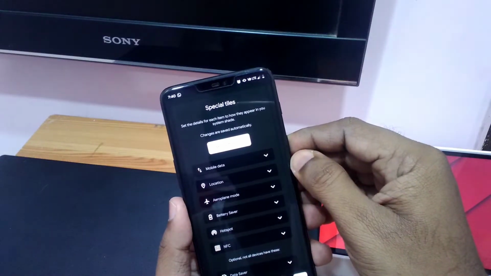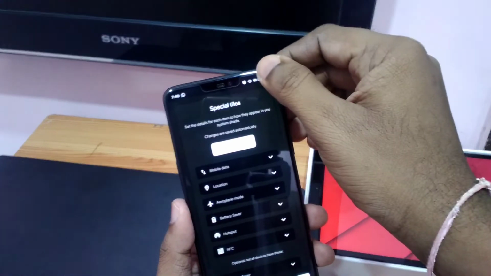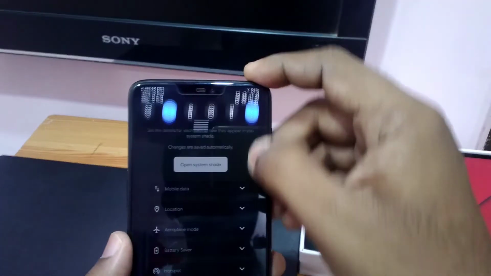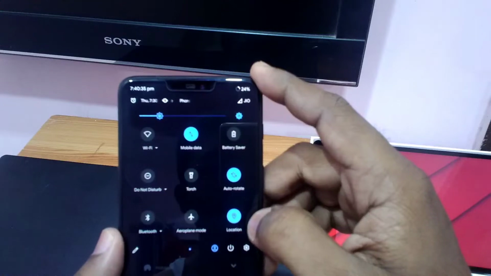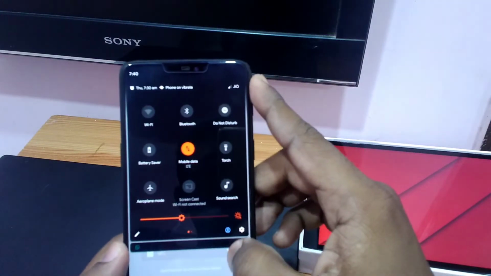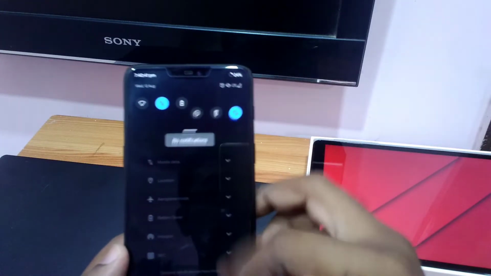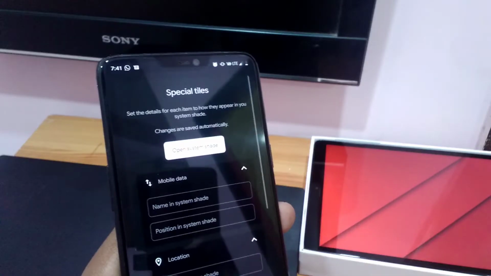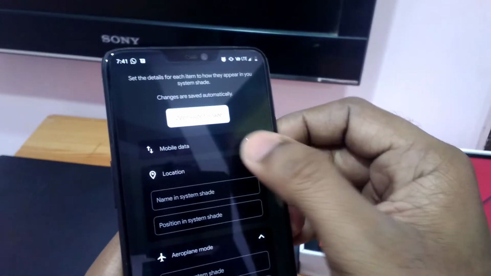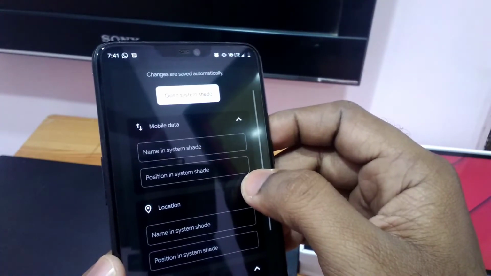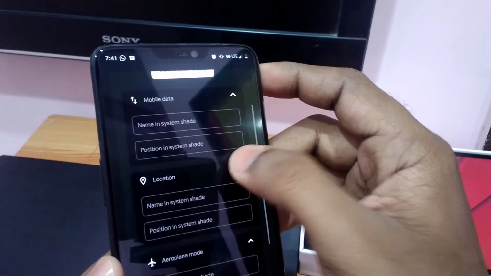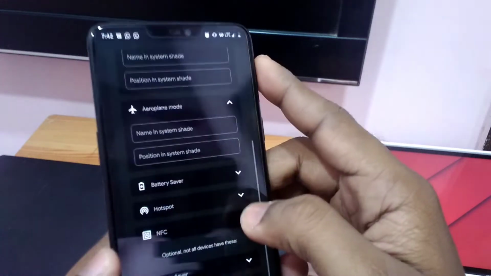So under the first tab, that is the helper setup, here you can easily see after the activation of this application how your notification panel and the quick setting panel will look like. Here there is one tab. When you click on that, your system panel will pop up, so you can easily see what customizations are done by using this application. So here you are able to change the name of your different tiles. You are also able to change the position of that tile under the system set.